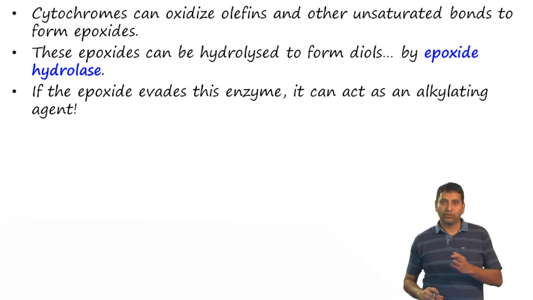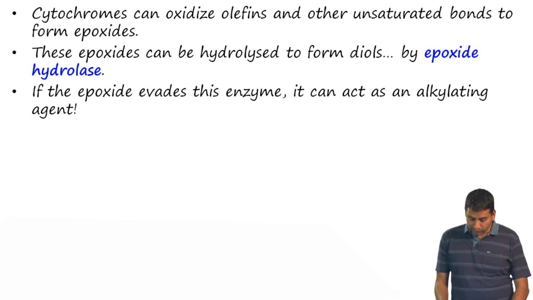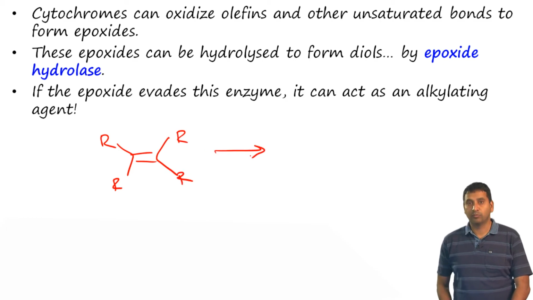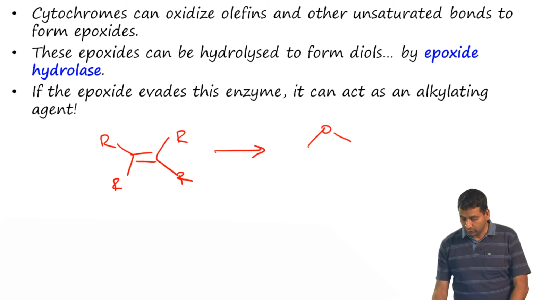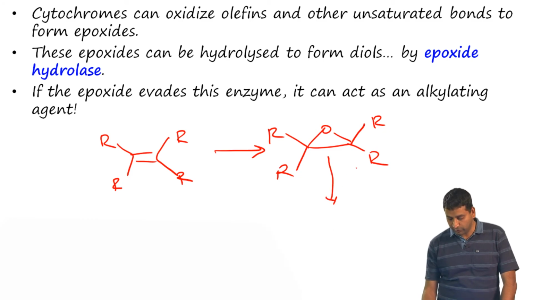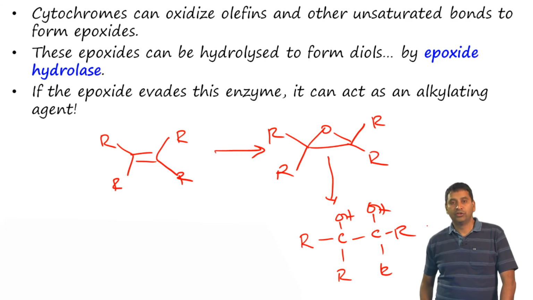So, cytochromes can also oxidize olefins and other unsaturated bonds to form epoxides. Okay. So, let us look at what the reaction is. So, you have R, let us say we have a double olefin like this. In the presence of cytochrome P450, this can actually undergo oxidation, epoxidation to form this kind of molecule. Okay. Now, there is an enzyme called epoxide hydrolase, which opens up this epoxide and forms R C OH, C OH R. Okay. So, this is not indicative of stereochemistry here, but this is the product that is formed, which is